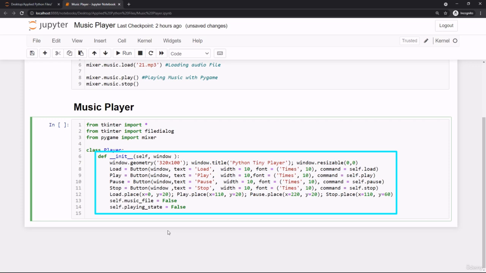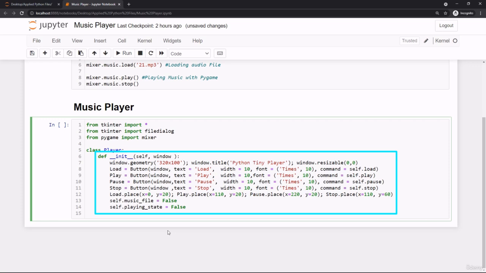The value for command in that case, self.play, is to play the loaded audio file once you hit the play button. That's it, simply. This is the use of command equal to self.play for the play button. And after that, you will see for the pause button, we used the button widget again,